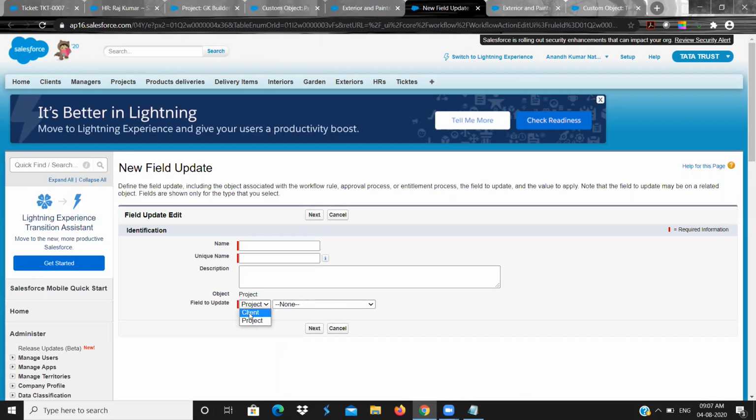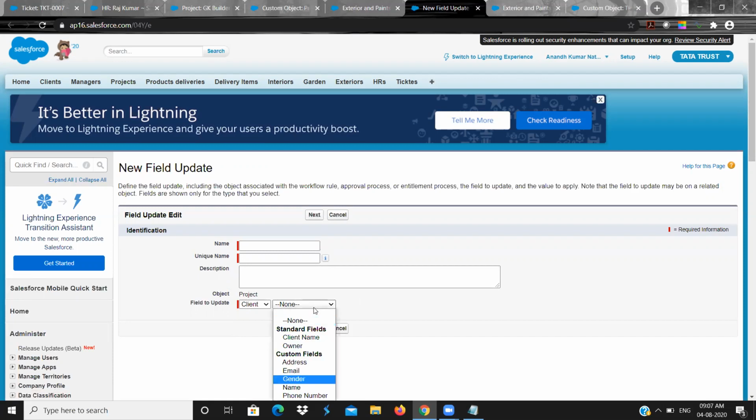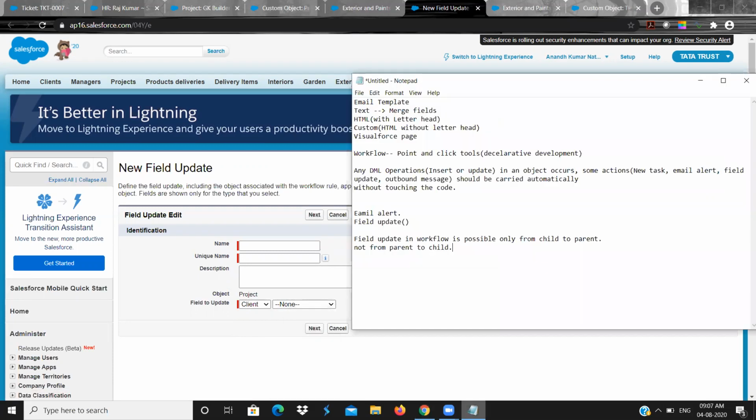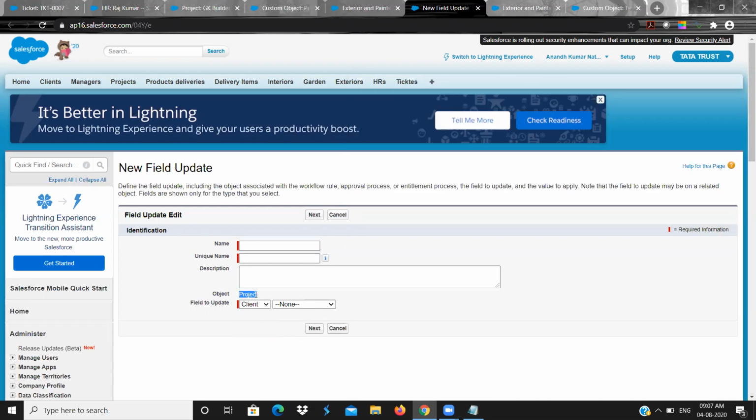Now client is also visible and you can select the client fields to update. So the first thing you should know: workflow field update from child to parent is possible. My source object is project. Project's parents are client and manager.